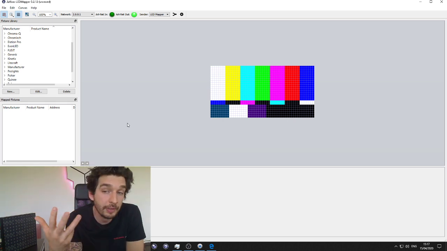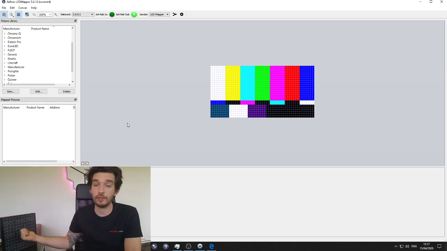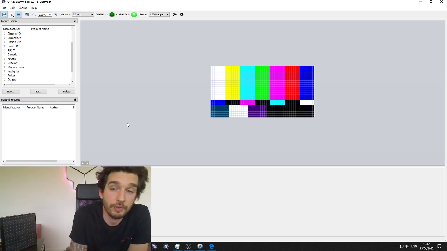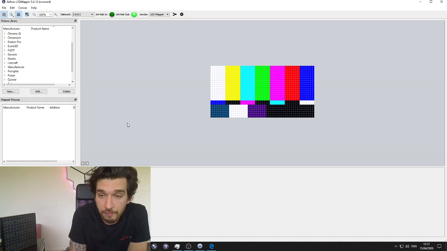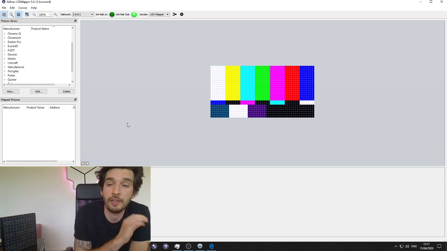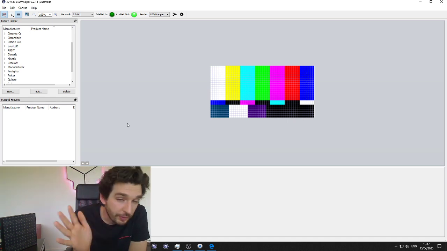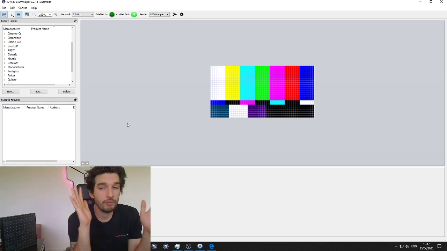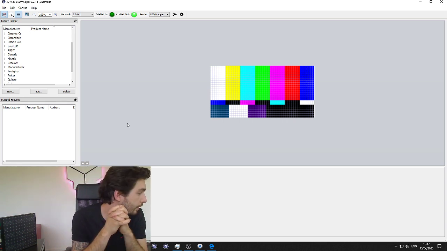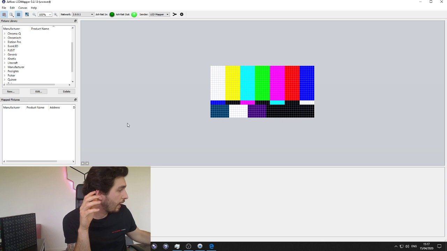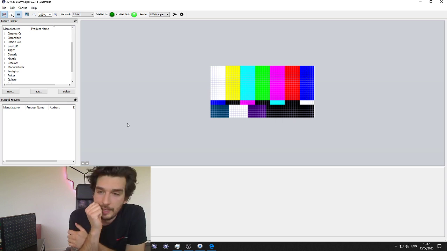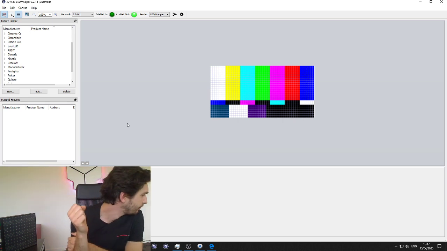It's better that you maybe have the documentation of the fixture you used before doing that, and you can check the DMX chart. Small tip: every lighting manufacturer, for every brand, has that on their website. Most of the time it's up to date, so if you have some hesitation, you can just visit their website and take it from there.